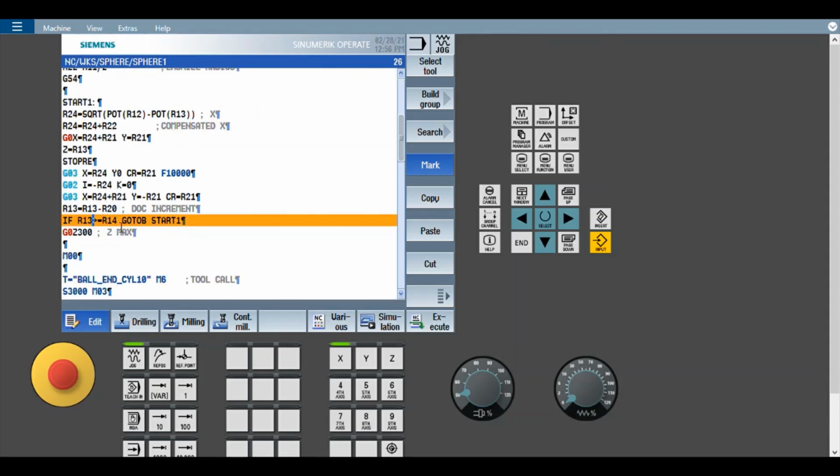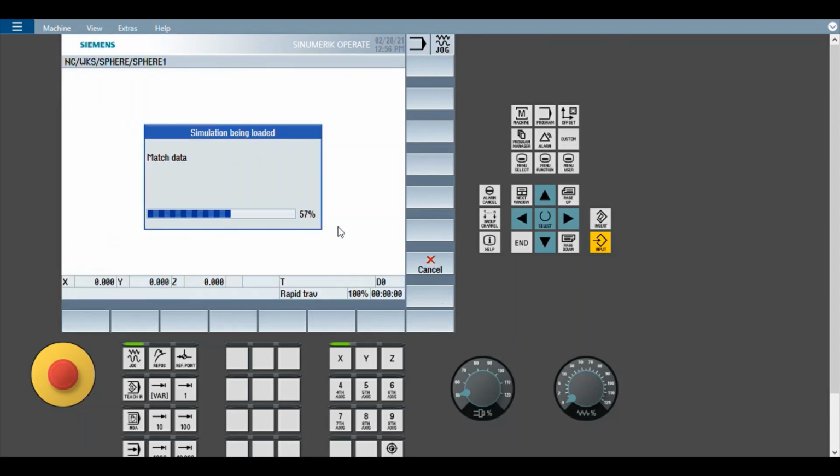If it is less than end Z, it should come out of the cycle. So this is how the roughing will be done. You can have a look at the roughing.